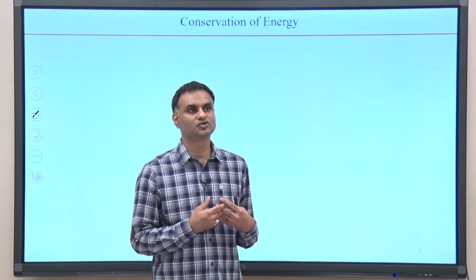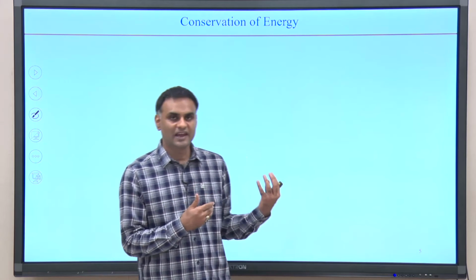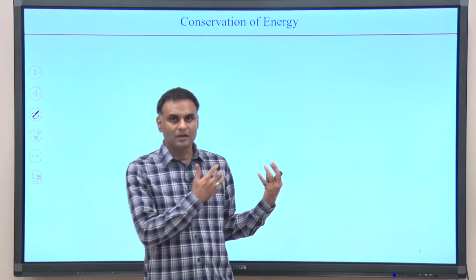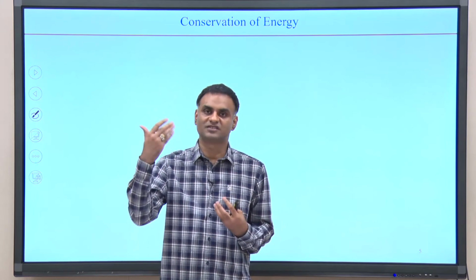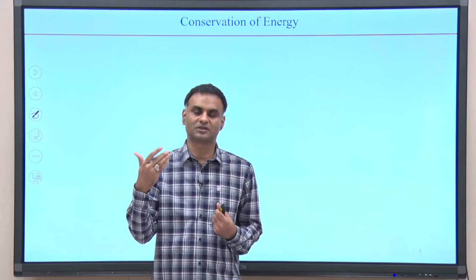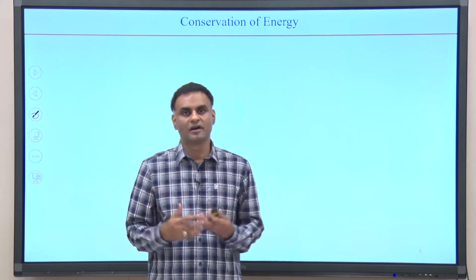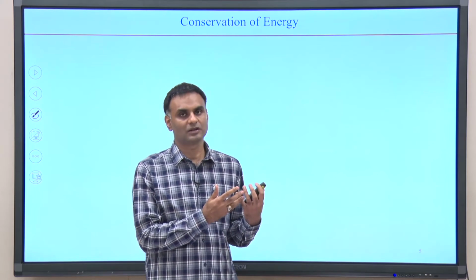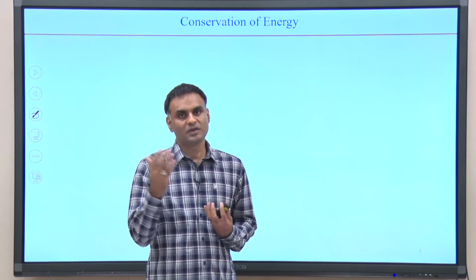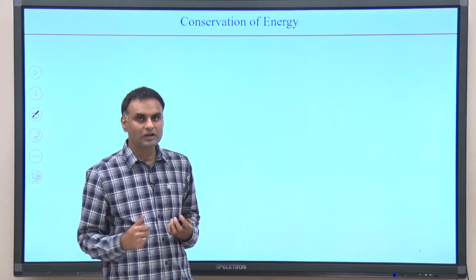So, we need to use a law which can relate rho, which is the density of the fluid, with the fluid properties such as pressure and temperature. The simplest law relating pressure and temperature with density is the ideal gas law. Rho is equal to P m by R T for an ideal gas, where m is the molecular mass of the gas.